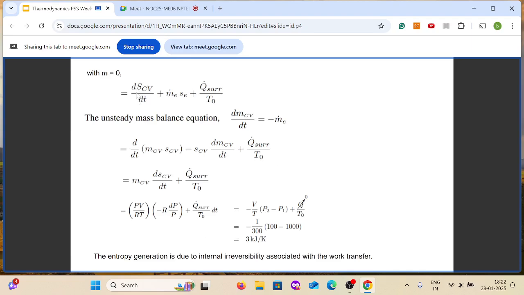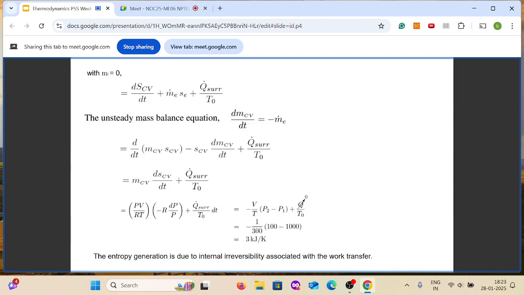So you have dS_CV by dt plus the mass of air which is going out and the entropy of the air, plus Q surrounding by T naught, is equal to the entropy generated. The next equation we have is the mass balance. There is a mass which is changing in the system, because no mass is coming in, but slowly some mass is going out. So the mass coming in minus going out is equal to the change in mass of the system. So this will give dm_CV by dt as the mass which is going out. Substituting this in the above equation,